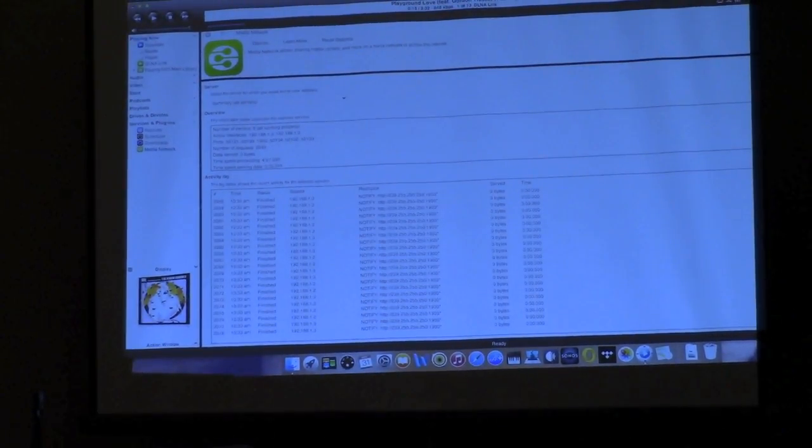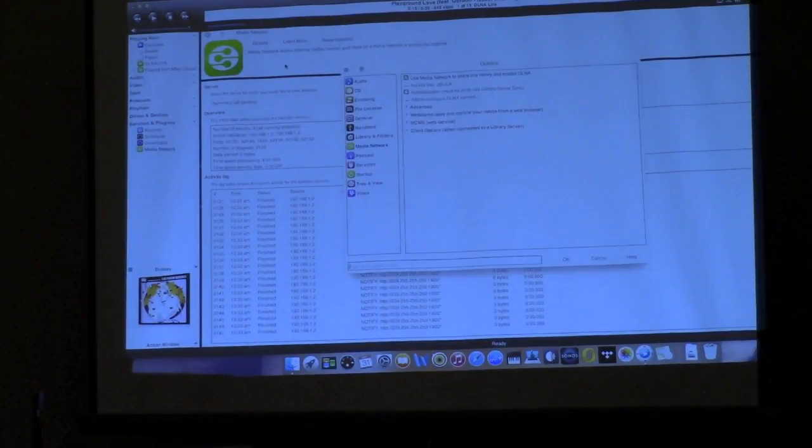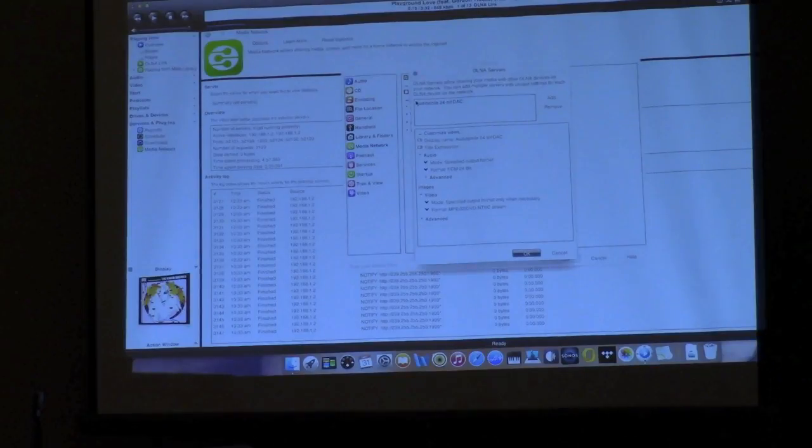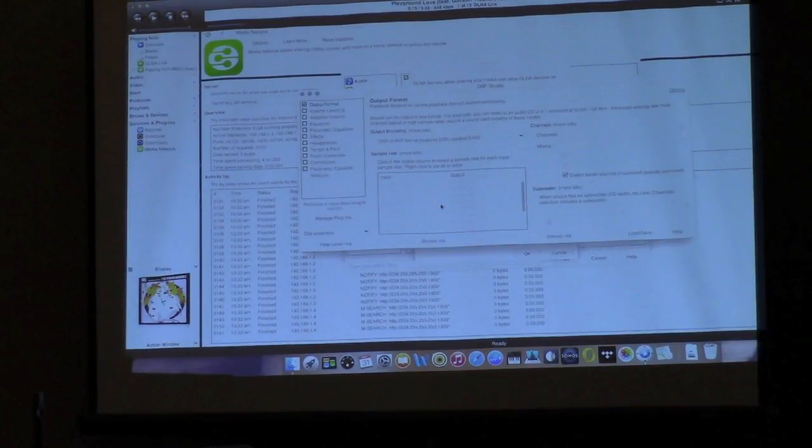I go into tools, I go into options, I go into media network, I select add or configure, I drop down the screen on audio, I go to advanced, then I go to DSP Studio, and then it asks me about DSD over DoP if I have a DSD capable DAC. So yeah, you can do that.